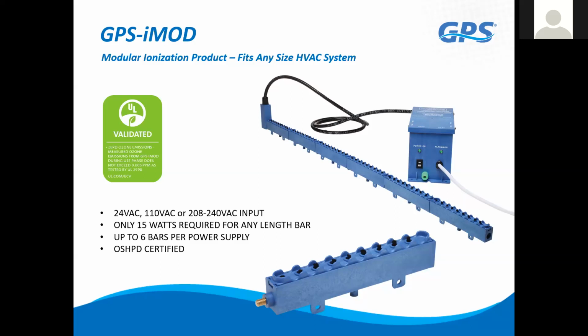This would mount, again, upstream of the evaporator coil. Now, in a healthcare application, if you have final filters, the ionization is going to be stopped at those filters. So in many cases, we will put another set of bars downstream of the final filters to provide ionization into the actual space. Where you don't want to add ionization into a hospital setting is if it's a unit that's supplying